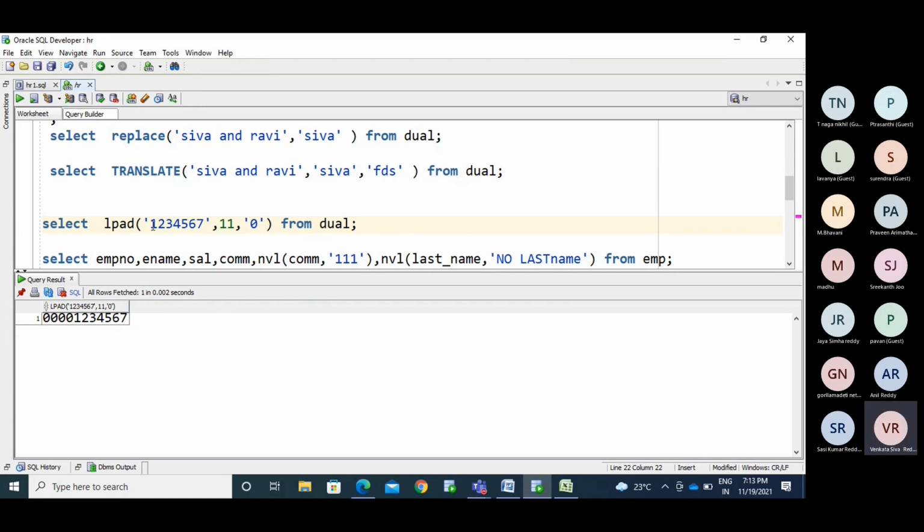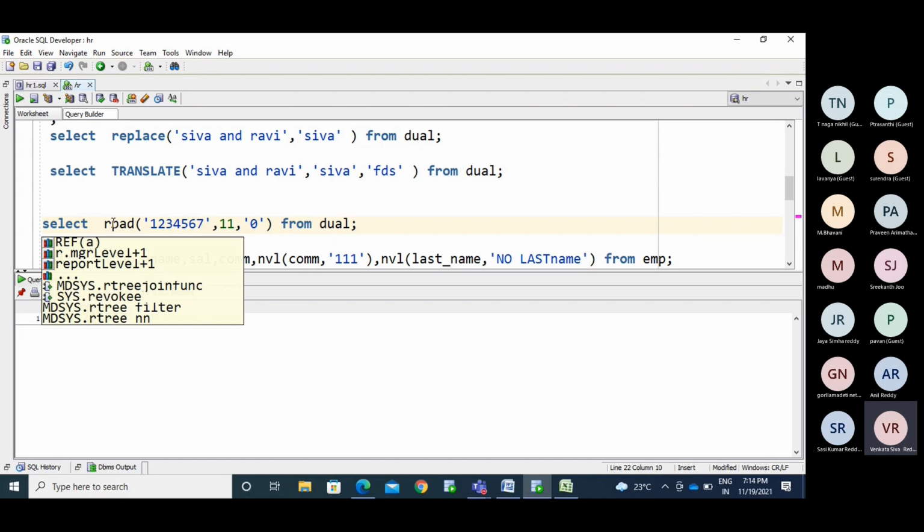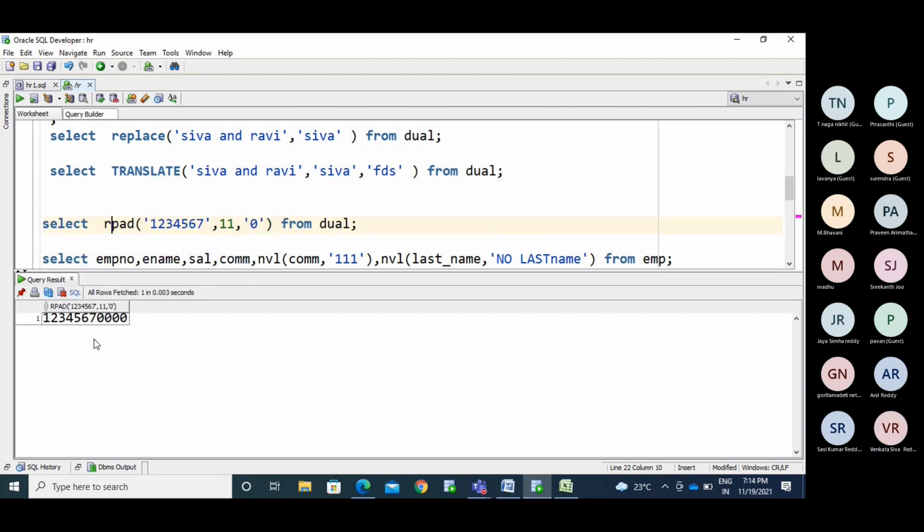So you added from the left side. You can also add from the right side, but mostly we use LPAD. If we add the value from the right side, 1000 becomes 10,000 or 1 lakh, and the banker can lose a lot of money. So we want to add the value on the left side. Most of the places we will add from the left side. You can also add with a star.